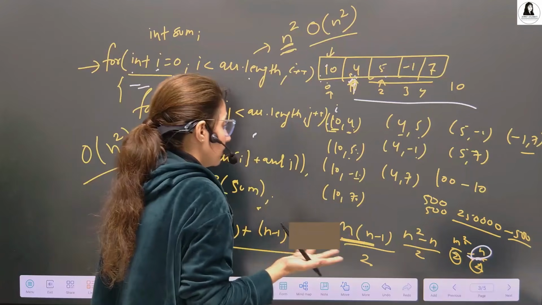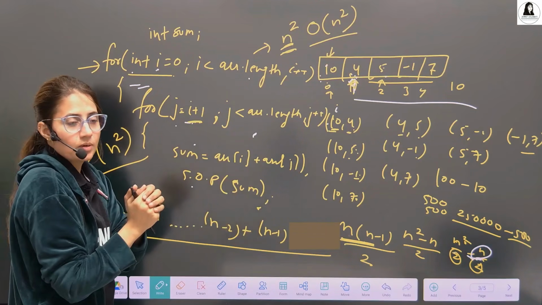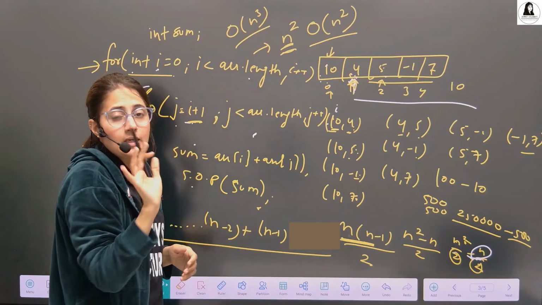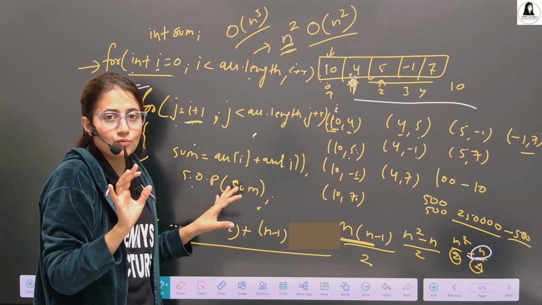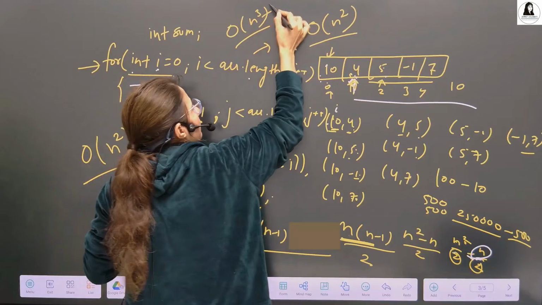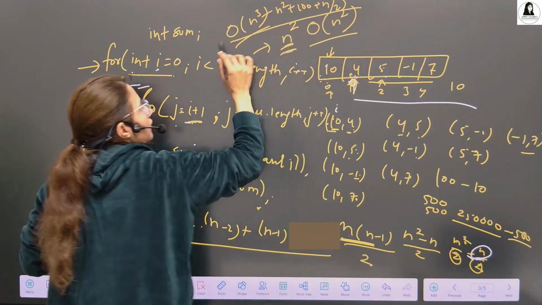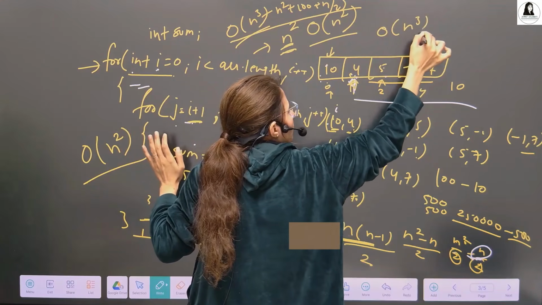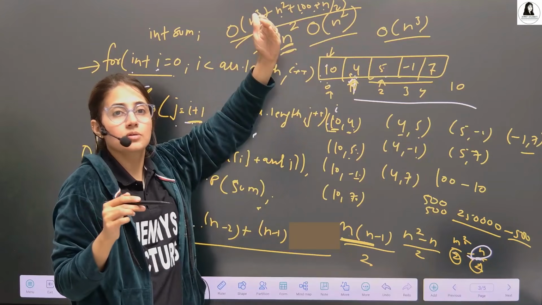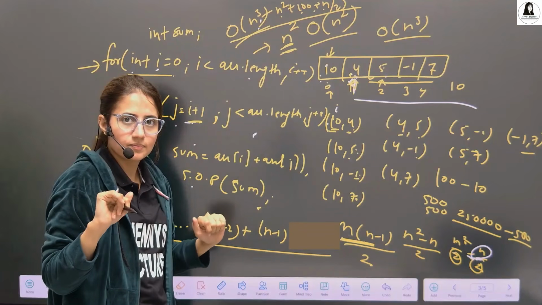If you have one more nested for loop, then that would be order of n cube. But it's a really bad idea to have code with complexity order of n cube. If you have n cube plus n square plus 100 plus n by 2, something like this, you can simply write order of n cube, because the rest are less dominating terms and you can ignore them. Simply take the highest order. n cube is the highest one, so take that: order of n cube. That's it.